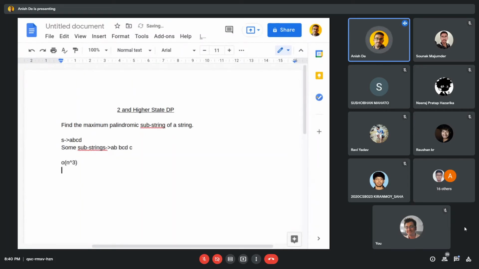We will take every substring of S. For example, we will take first A, then AB, then ABC, then ABCD. Then we will start from B, BC, BCD. Like this we will go on, and we will check which substring is palindromic, and we will take the longest of them.